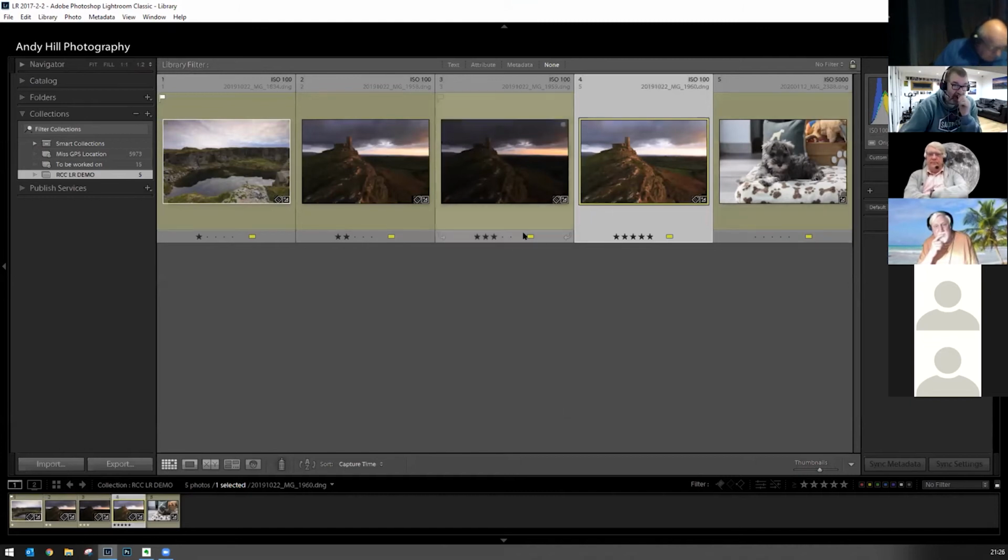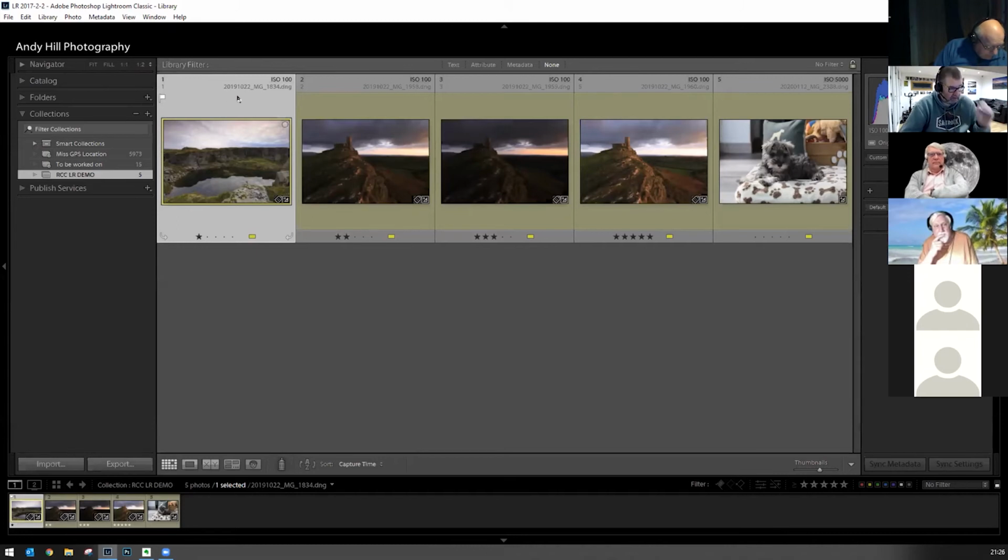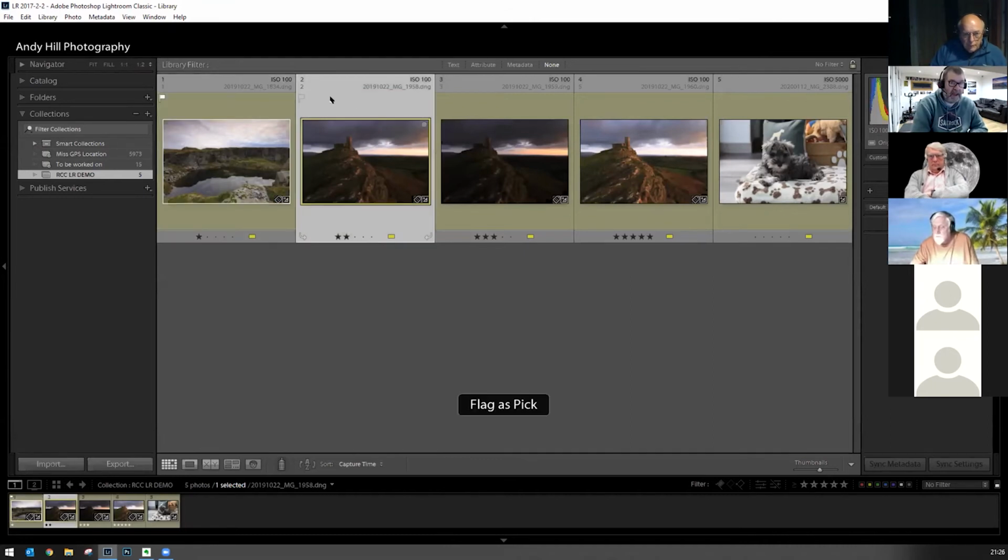Okay, so doing those. And in this view as well, you've got the P for pick. So if I go into that one, sorry, it's not done, I'll do P for pick, which puts that little white flag up here. I can do X, which will flag it for reject, so that's one I want to delete. Or if I press the same key,